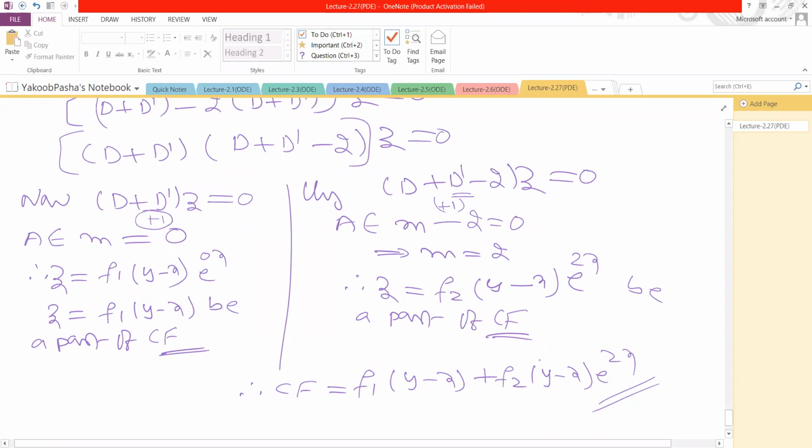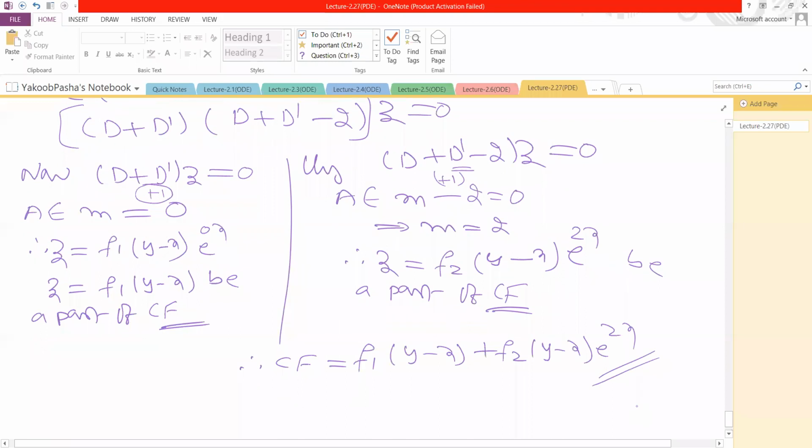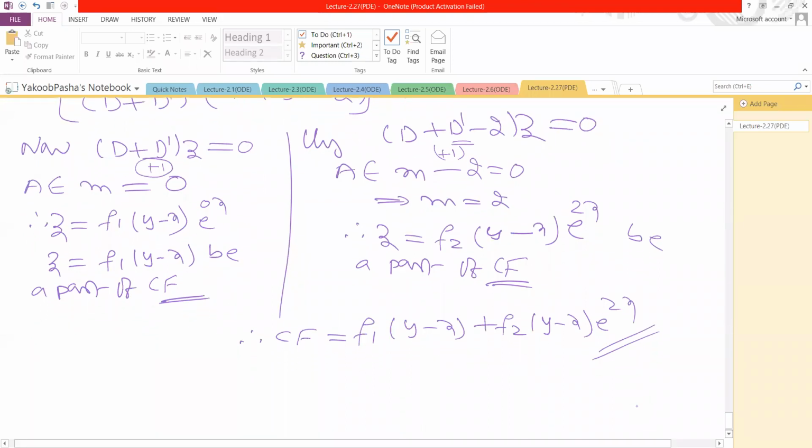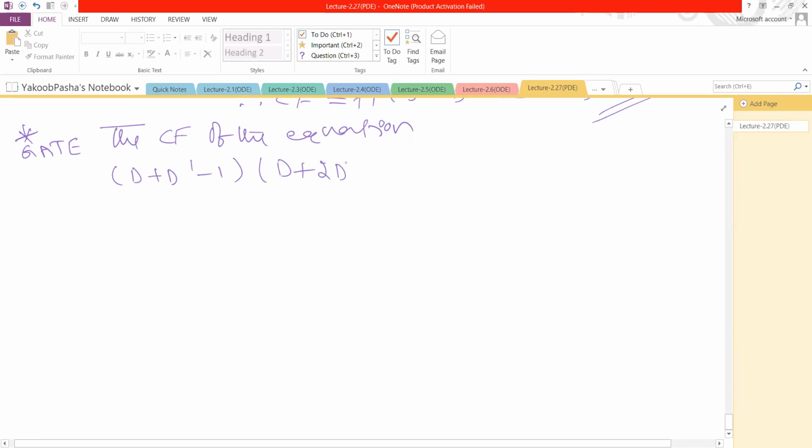This is the complementary function. Okay. Now I am taking another problem from GATE. It is also from GATE, just asking complementary function. The complementary function, I am writing simply CF, of the equation (D plus D dash minus 1) into (D plus 2D dash